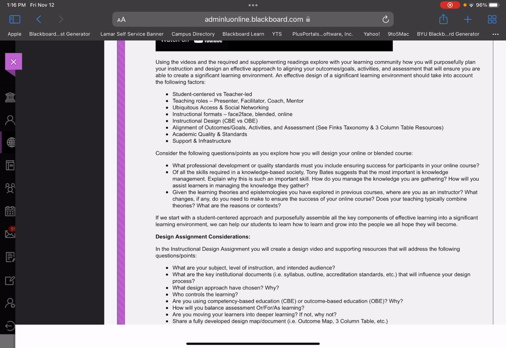If the instructional design is going to be outcomes based or competency based, and then apply an outline, either using Fink's 3-column table or just a regular outline. So again, they have a number of different ways that they can design this course.